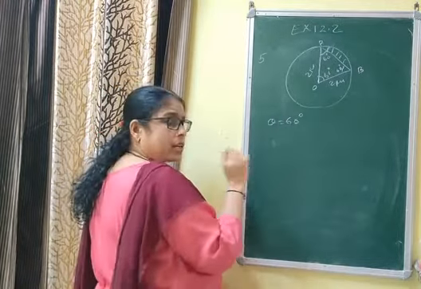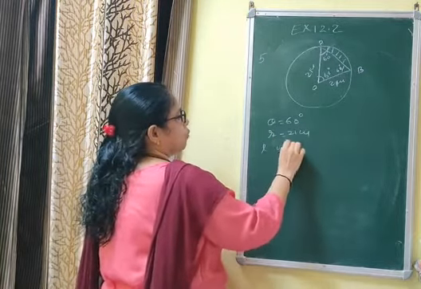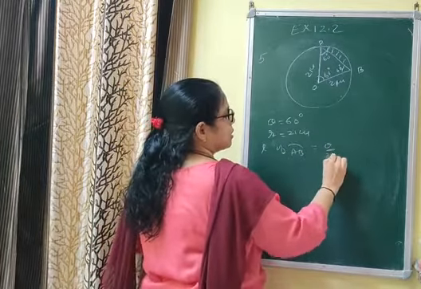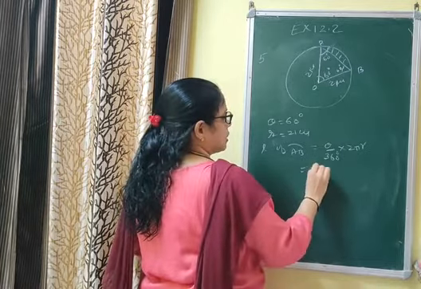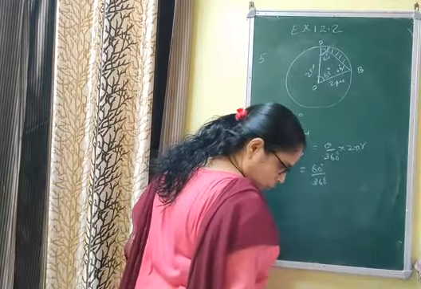First of all, write the thing that you are given. R is equal to 21 centimeter. Length of the arc AB is equal to theta by 360 into 2 pi r. That is 60 by 360 into the value of